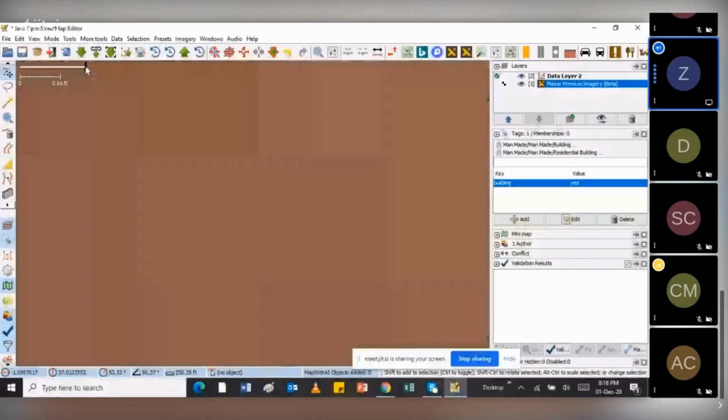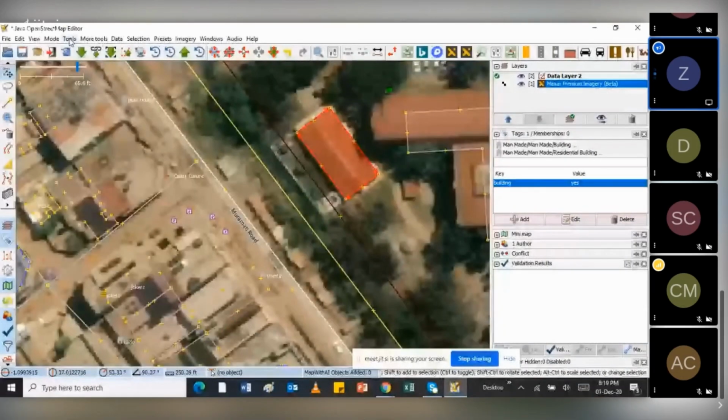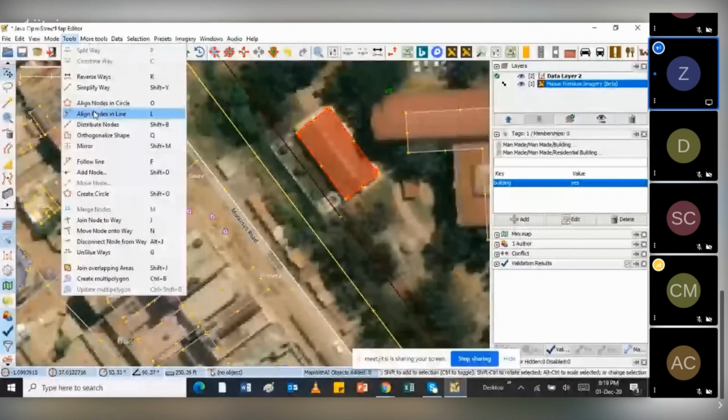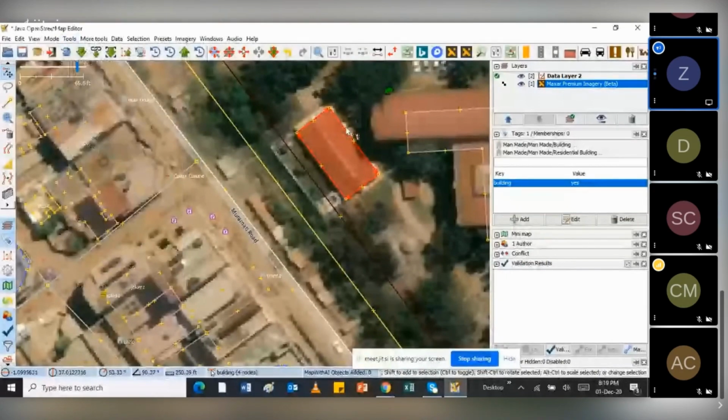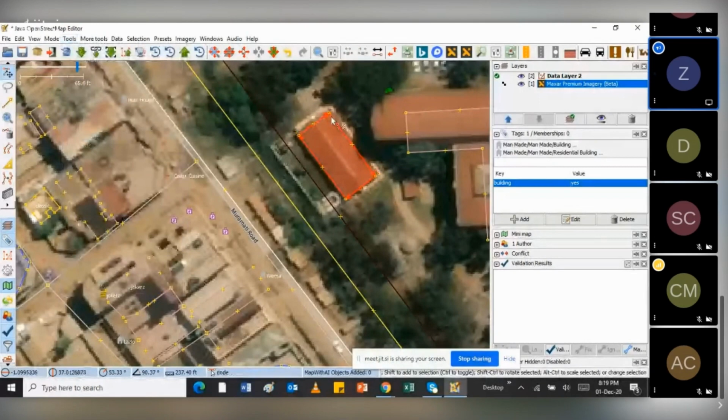So Q is just a shortcut, but unfortunately, the process for JOSM is also a bit long. I can also come to tools, to organize the shape, so it basically squares the building. If I move this a bit and select the building again, I come here and click on this, then it automatically squares the corners. So it gives it a proper square. It squares the corners of the polygon.